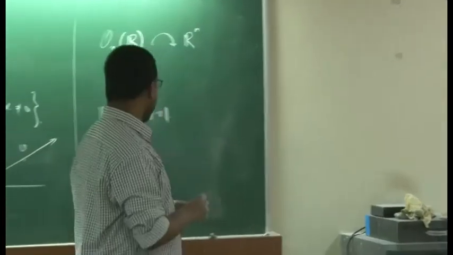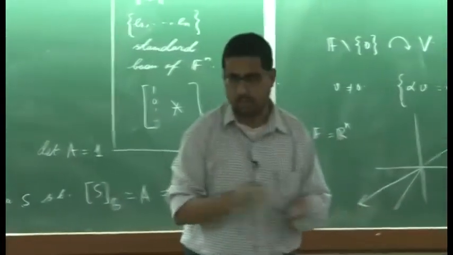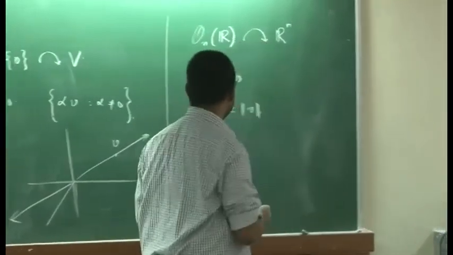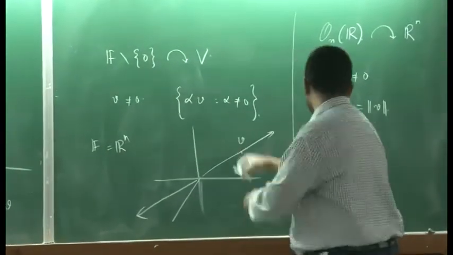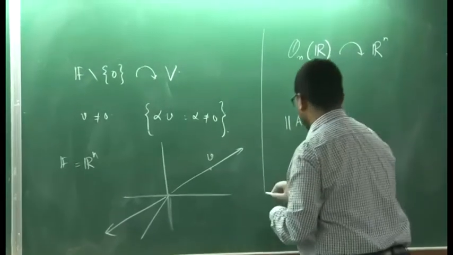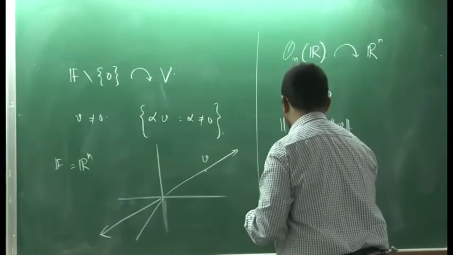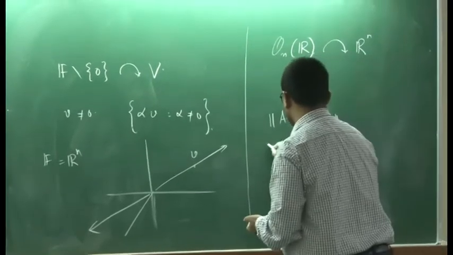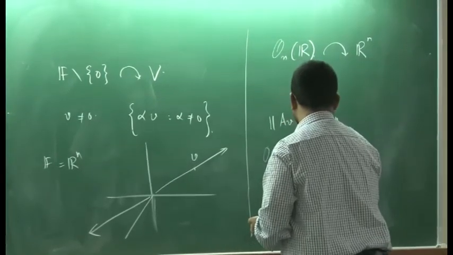That means that this action certainly cannot be transitive. Now, the point is what is the orbit? It is quite easy to see. First let us compute the orbit of E1. The orbit of E1 is simply the unit sphere